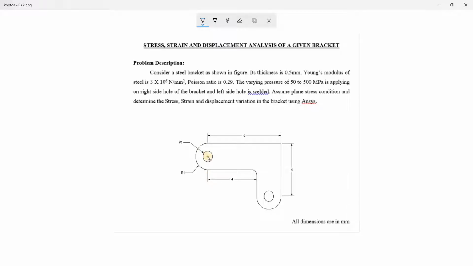Let us consider this point as the origin and we will first create this rectangle. For that, the x1 is 0, x2 is 6, y1 is -1 and y2 is 1.